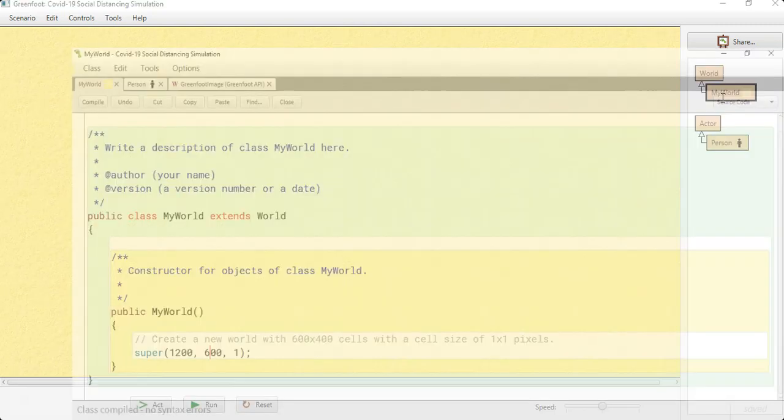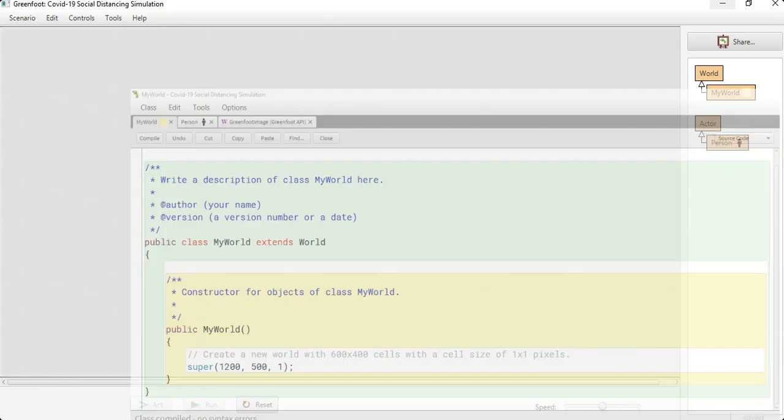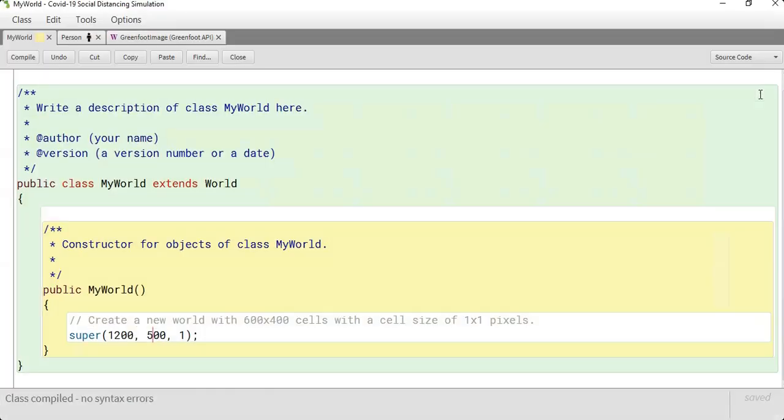Okay, now that I've minimized, it looks like I have a little bit too wide of a world. Let's do 500 here. See how that looks. Okay, that works a little bit better for me, but whatever works for you, you can make it as big as you want. We'll be able to change it up so that we can do kind of whatever we want with it. So the next thing we want to do is add a bunch of these people in,